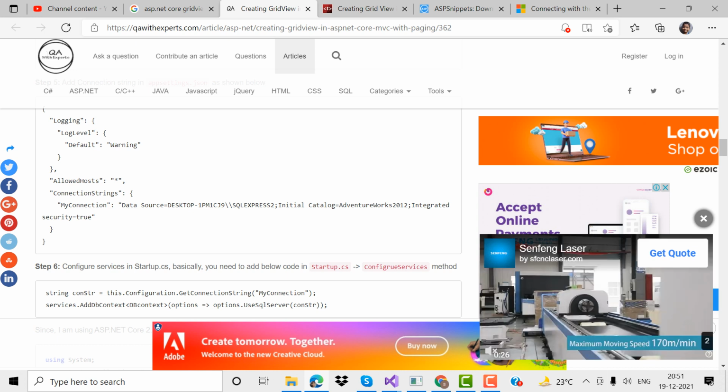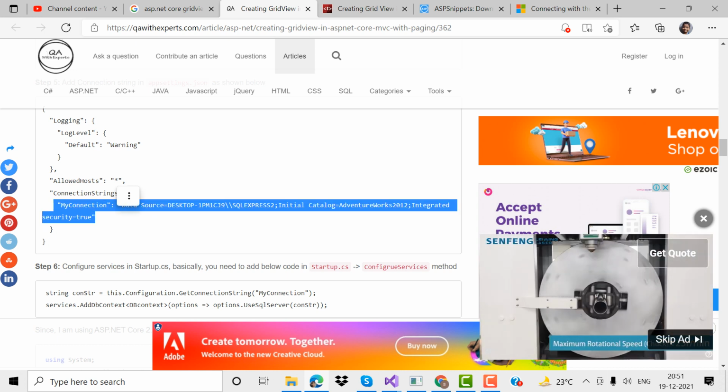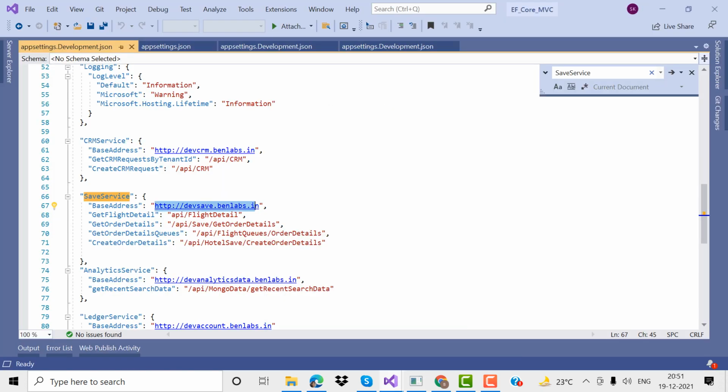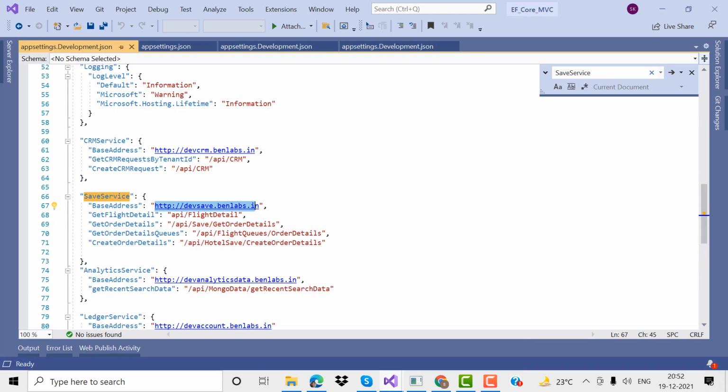See, my connection string, and give the connection values here, and the database connection here. You need to configure this in the application development app settings development JSON file. We need to add it to the connection in the app settings development class. Once you configure this, we need to call the